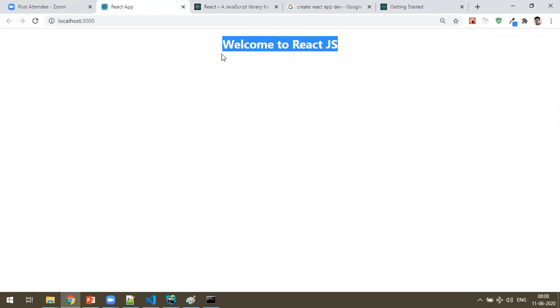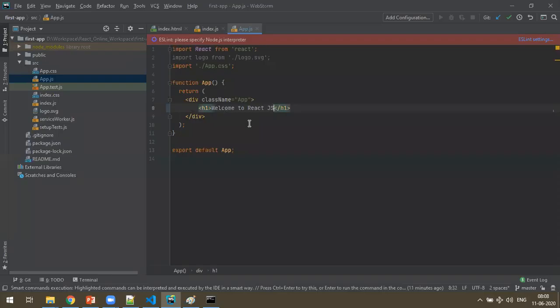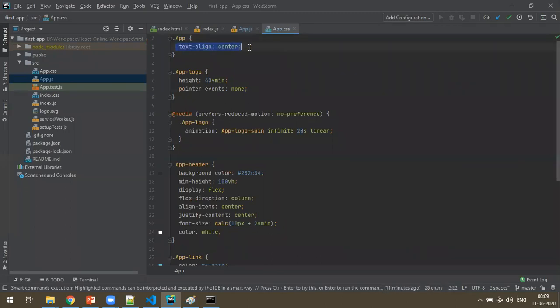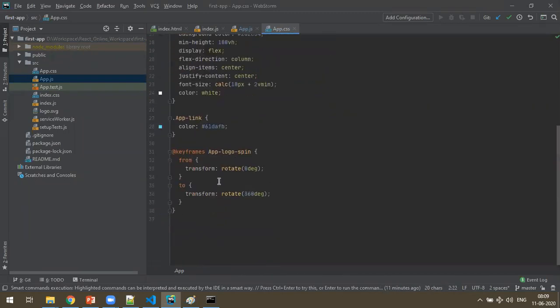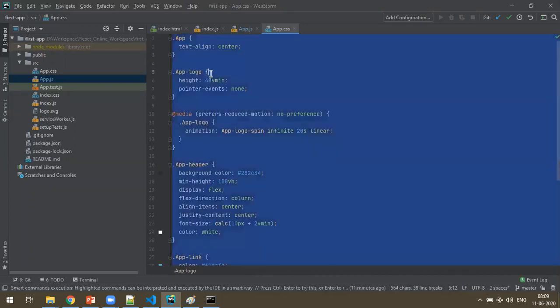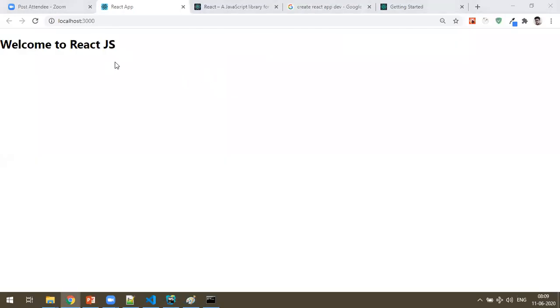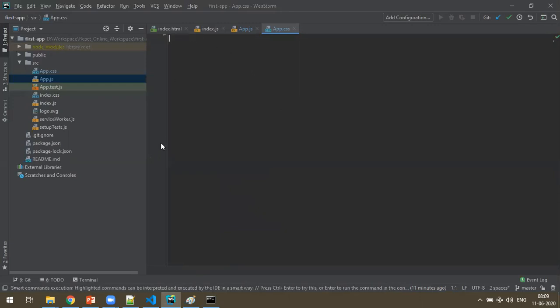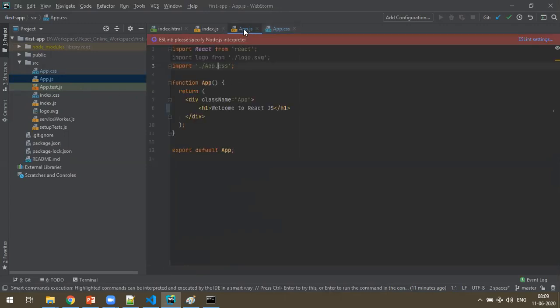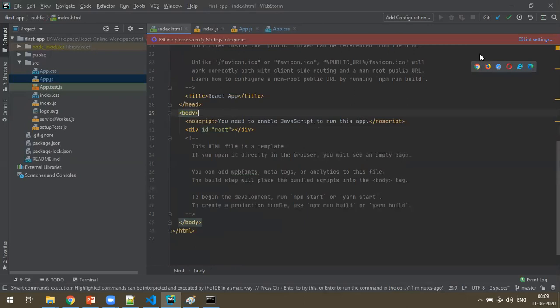And why it is centered automatically is, see, it is connected with app.css. When you go there, see, everything is text center, app logo, and all this. So we don't need this. See, it is rotating. So we don't need everything. We just delete. So if you don't have styles, it automatically comes to here. Okay. So this is actually the folder structure of React.js. Okay, fine. And so we have to create our own custom components. So I'll talk about the custom components in the next class.